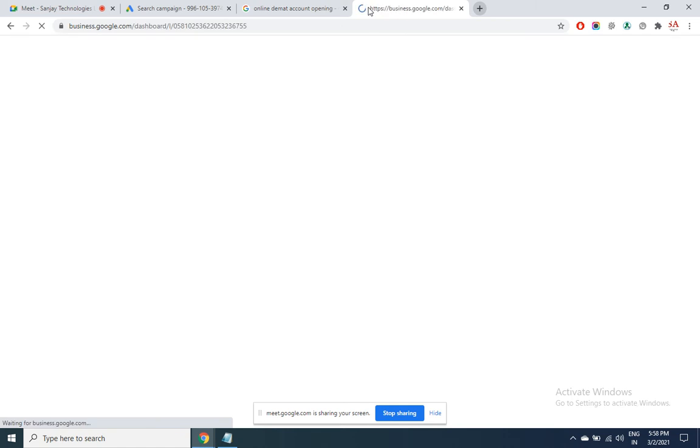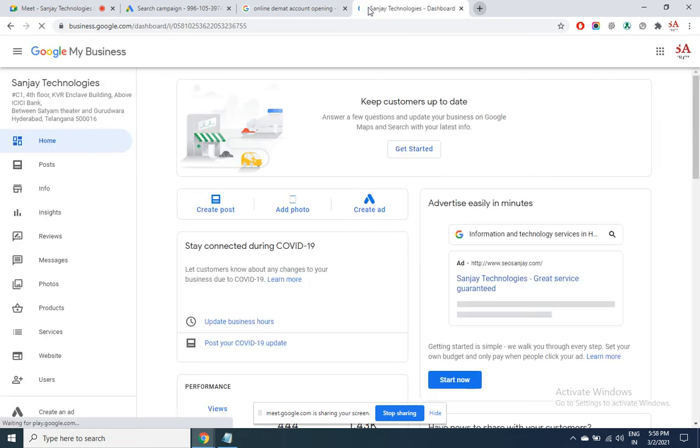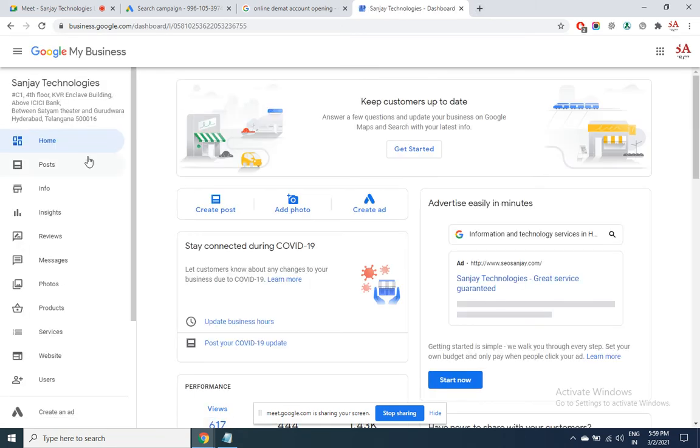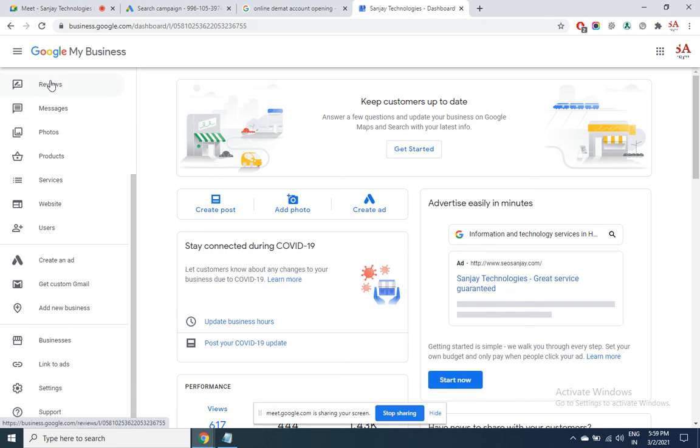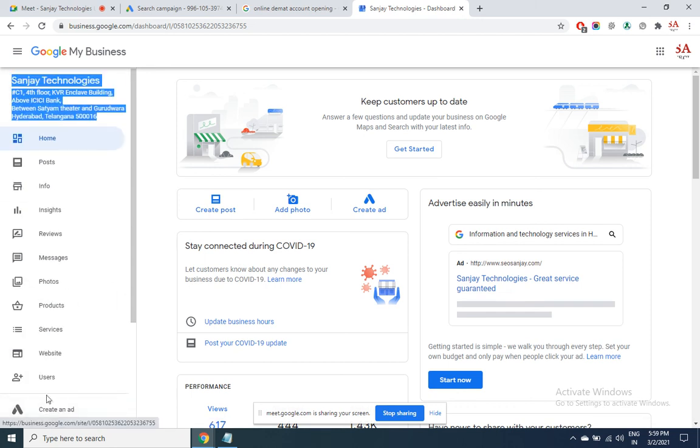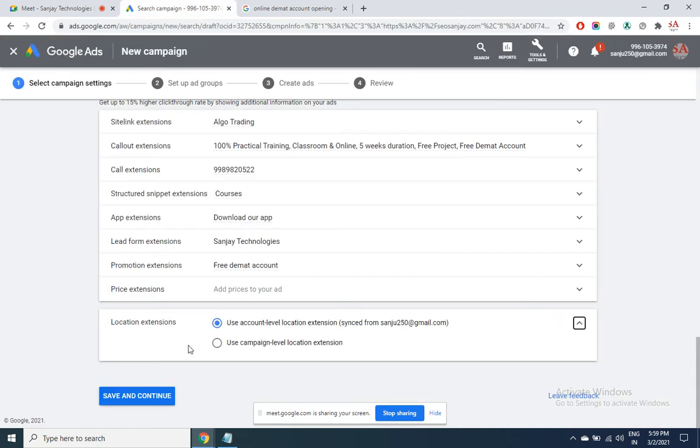I've already added my business. All this you need to fill here. It will come as a wizard system. Once you log in, you will get to know how things have to be put here. Do you want that location to come automatically from the same email ID that you have your Google Business account with?